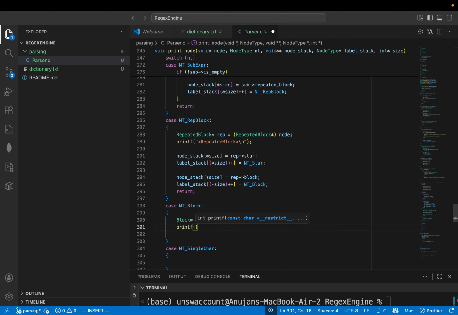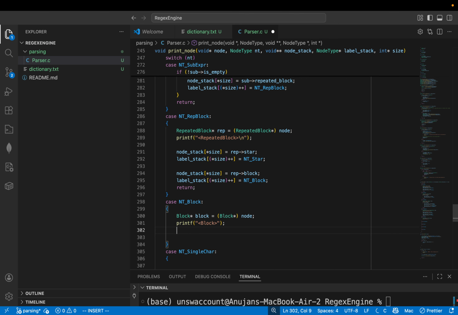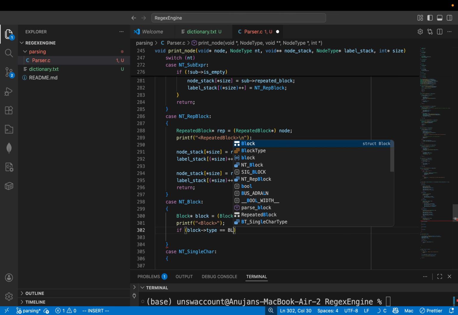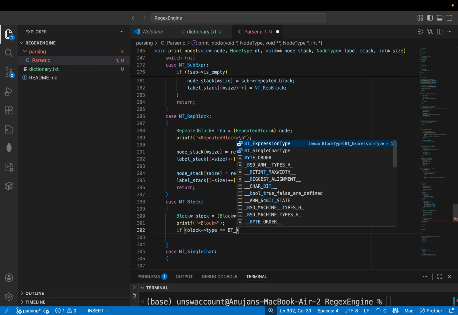Node stack size is equal to block. If block type is equal to BT single char type, then